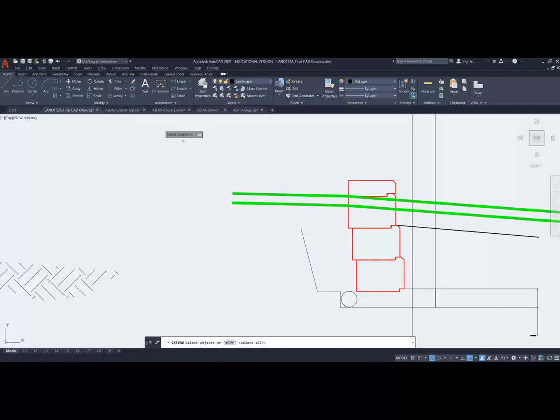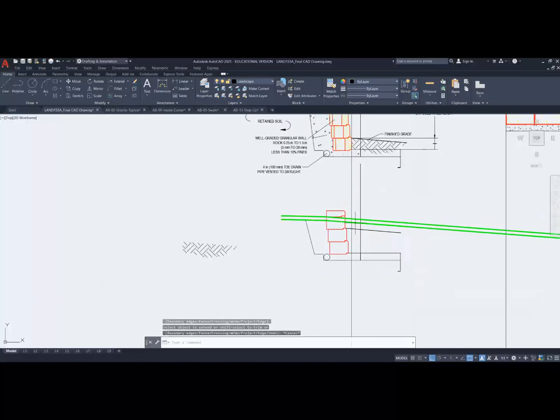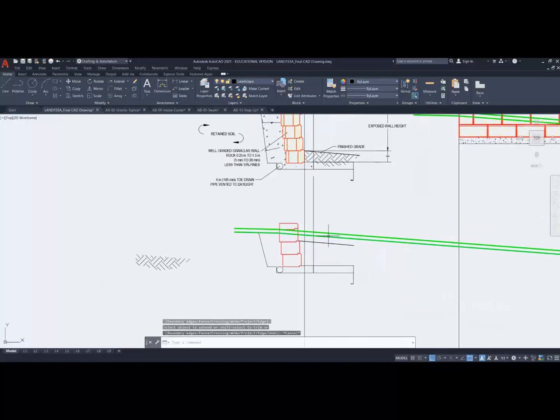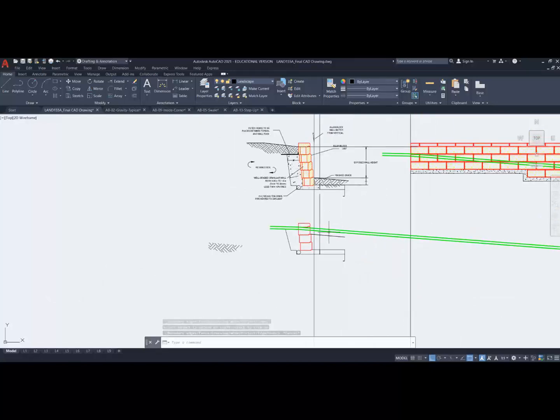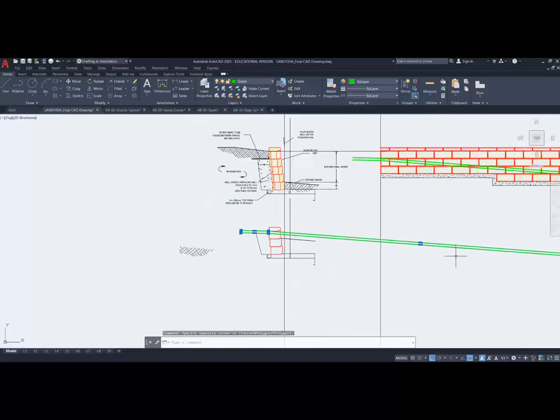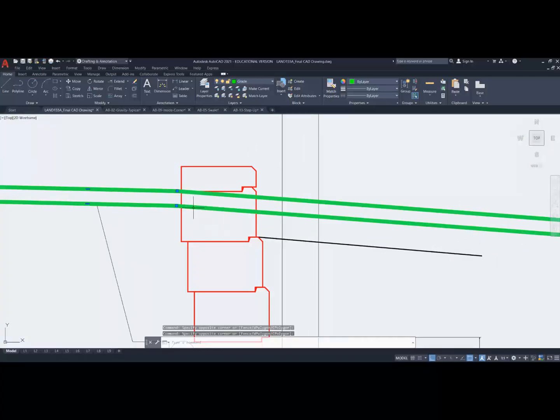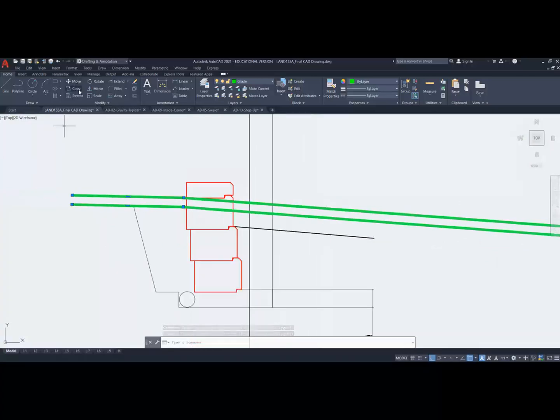So let's extend this to here. There we go. So everything below here is hidden lines. Notice how tall this is? That's not right. I've got my secondary grade right here. So that's got to slope down dramatically here. And I'm going to use this